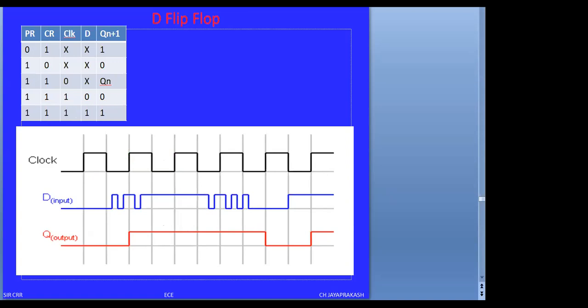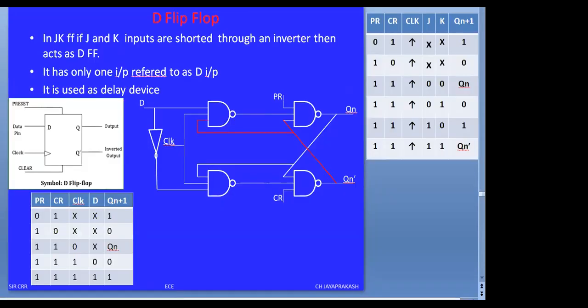D flip flop అంటే ఏంటంటే, see, D flip flop is nothing but JK flip flop. If the J and K inputs are connected through an inverter, then it is called a D flip flop. The functional table you can verify. The D is indicating whatever the input data is there, it will be transmitted to the output, which is transmitted through a delay. Delay, in the circuit we are having first level NAND gates and second level NAND gates. Each NAND gate will have a certain delay.